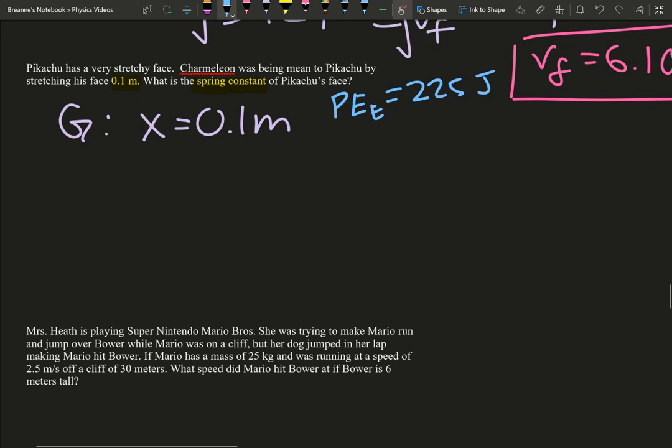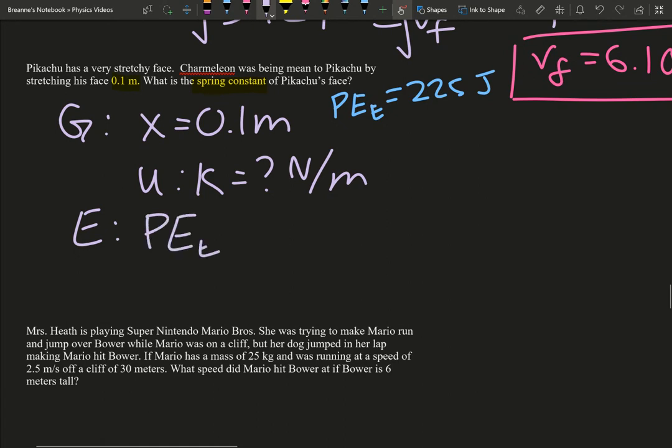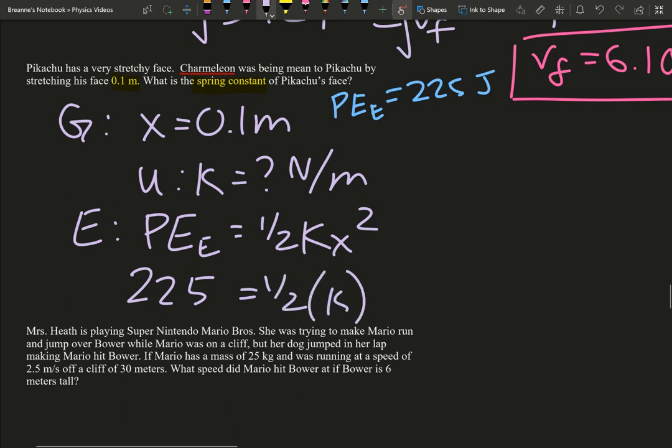So you have x equals 0.1 meters. You should have had your elastic potential energy, and you are looking for your spring constant, which is Newton's per meter. So the equation you're going to use is just your elastic potential energy equation, which is 1/2 kx squared. You plug in what you got, 225 equals 1/2 times k times 0.1 squared. You can go ahead and square your 0.1, and you get